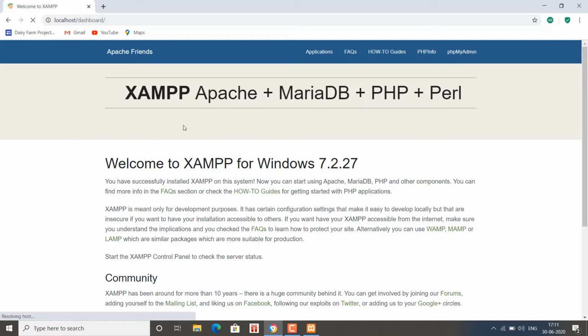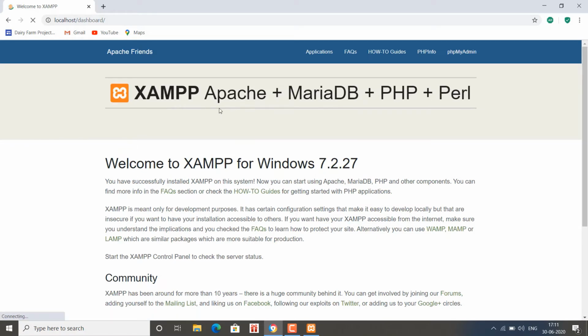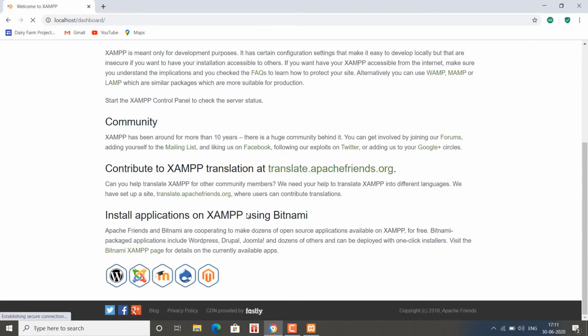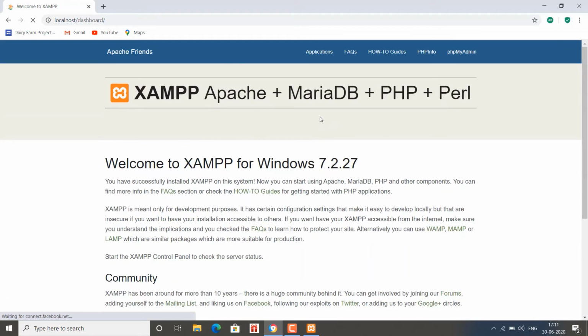It will take a while to load for the first time. And if you see this page, it means your server is running and it is ready to work.